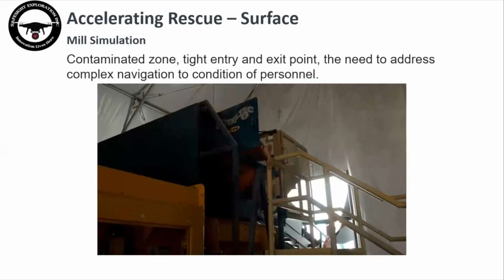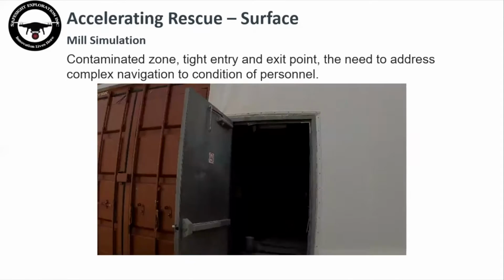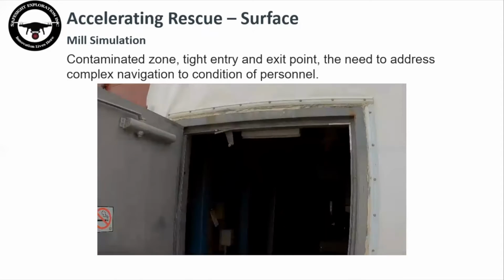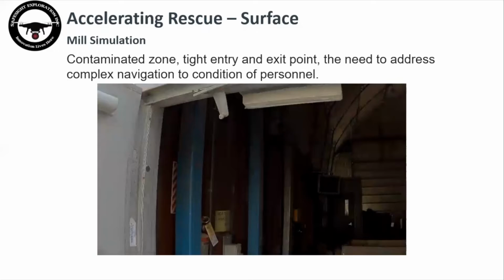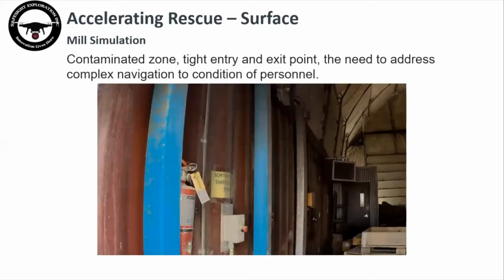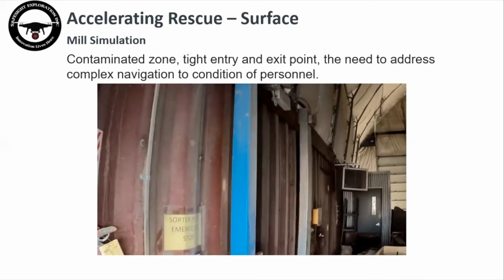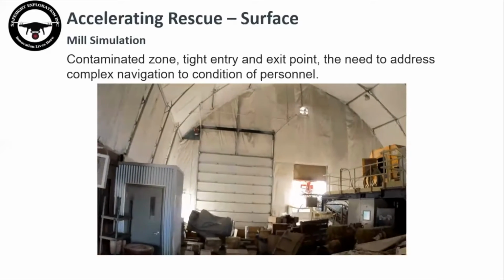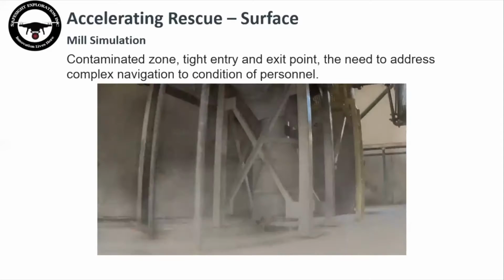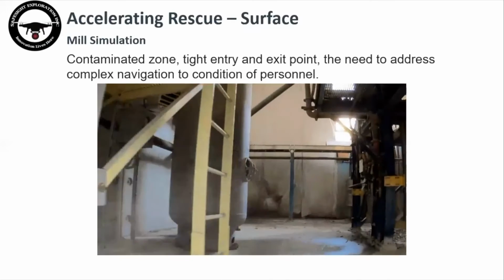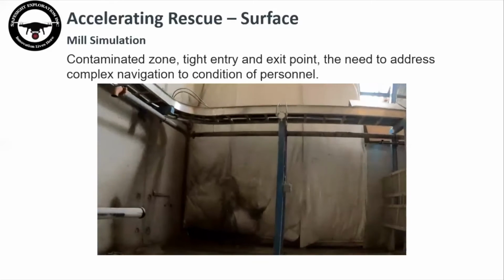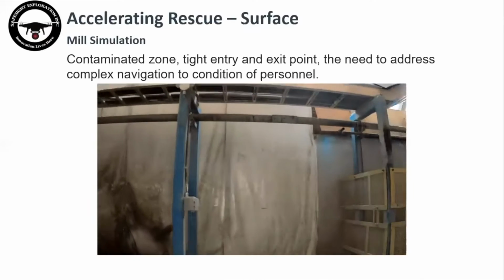The third simulation here is really in what might be considered a mill example. And we had the pilot fly in through a door and fly out through a window. We hid a worker in the area, a dummy that represented a missing worker. And the pilot had to essentially navigate in and amongst the factory floor to determine exactly where that fallen or